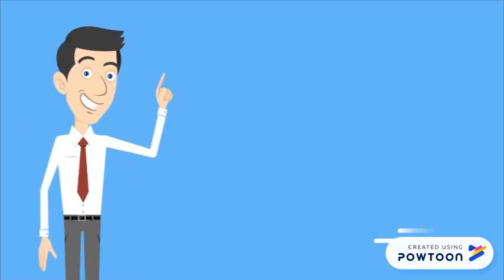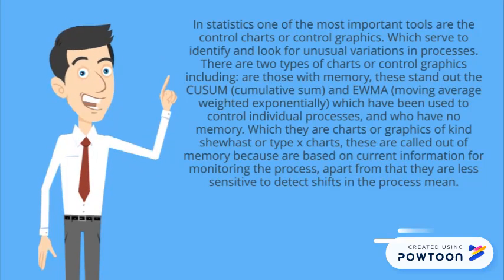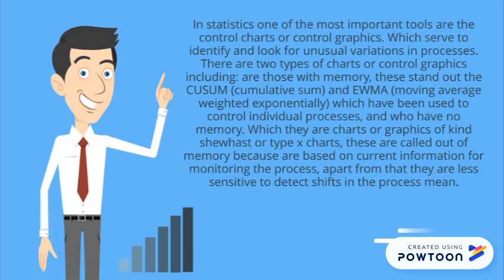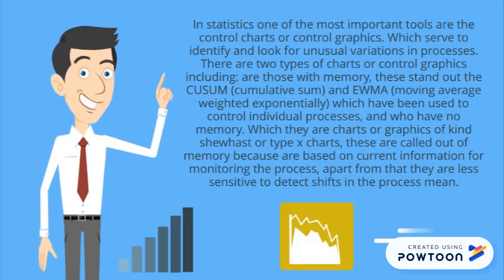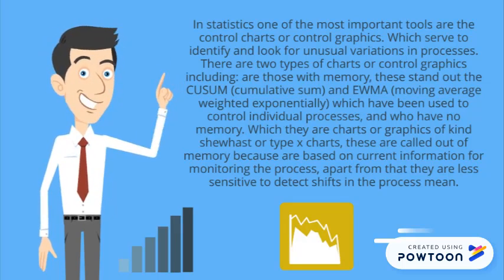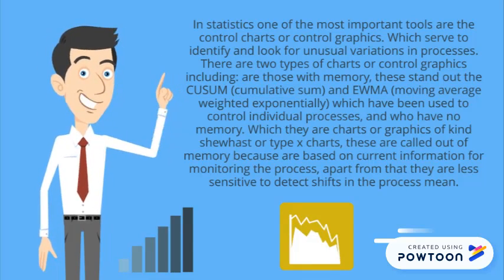Introduction. In statistics, one of the most important tools are the control charts, or control graphics, which serve to identify and look for unusual variation in a process. There are two types of control charts, including those with memory. These stand out: the CUSUM, cumulative sum, and EWMA, exponentially weighted moving average, which have been used to control individual